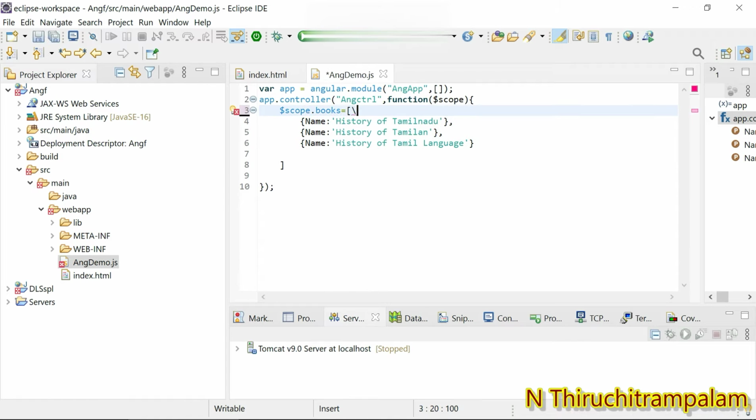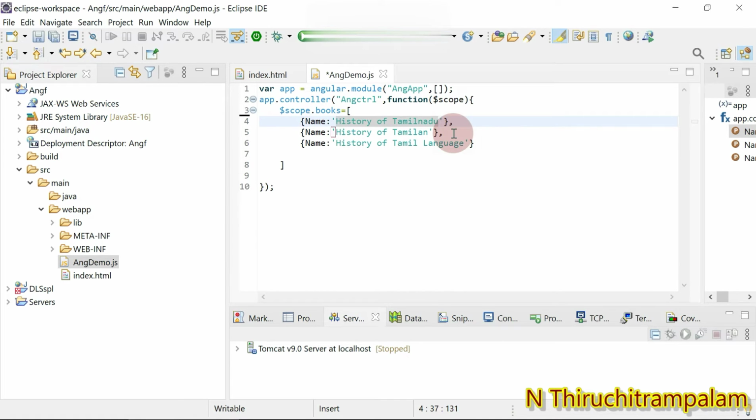So we have created the property in the scope object named books. That contains an array of objects. Here an object contains key value pairs. If you want, you can give another key value pair.